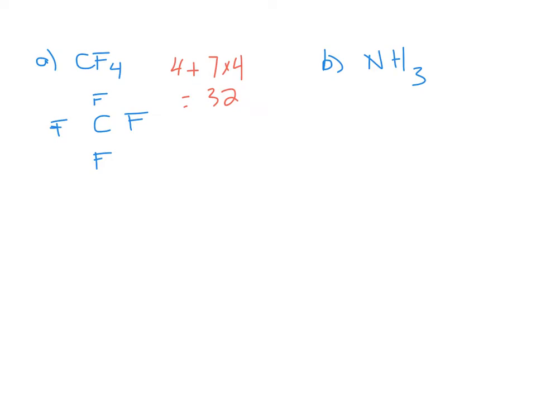We take the electrons and we place them one pair between each pair of atoms as our first step. And those represent our bonding electrons. So that takes care of 8 electrons, and that's going to leave me with 24 electrons. I then start placing electrons around the outer atoms until they have a stable octet. After having done that, I can see that I have used up all 32 electrons, and I double check to make sure that each atom in the molecule